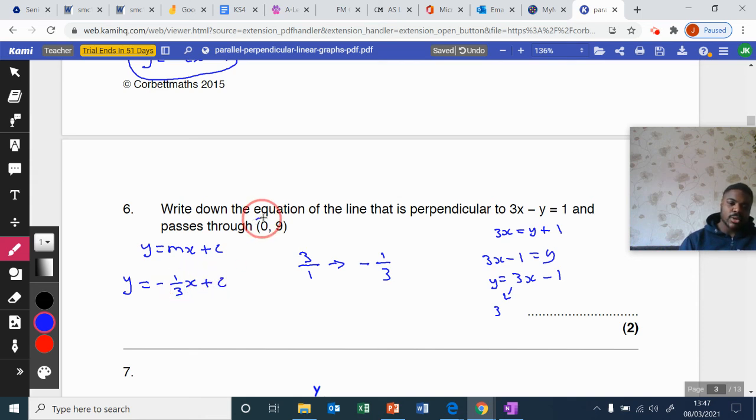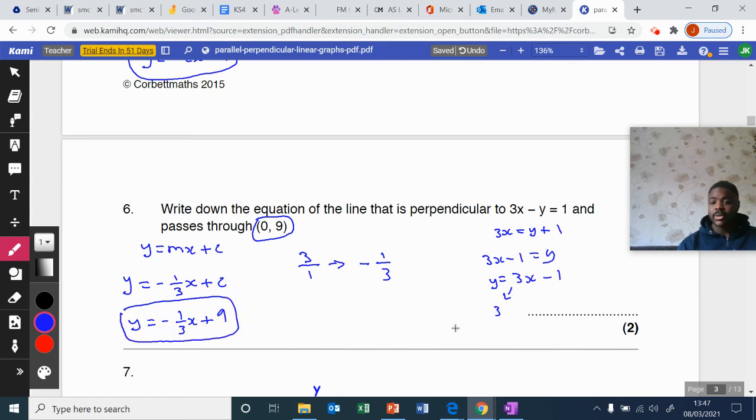And we see here it goes through the point (0, 9). So the y-intercept is 9. So we have y equals minus 1/3 x plus 9. And that is the answer to that question. So that's the basics of perpendicular